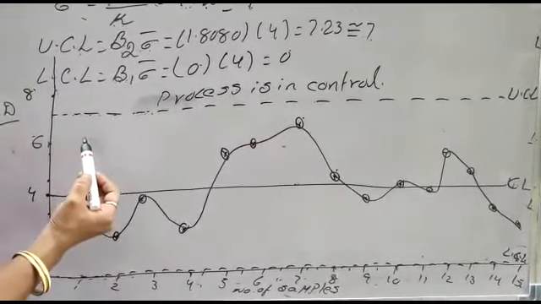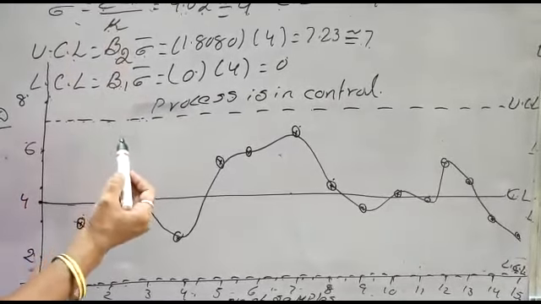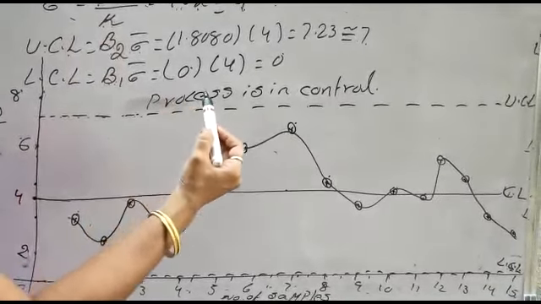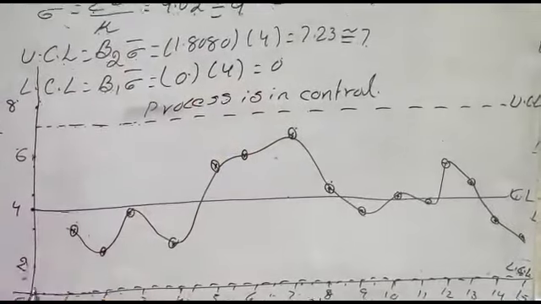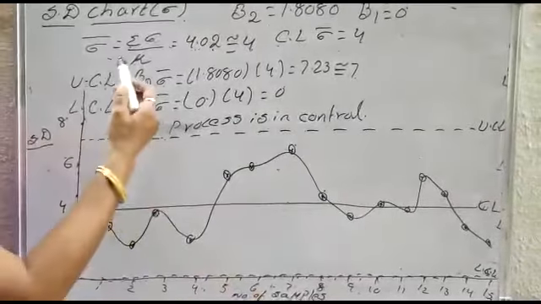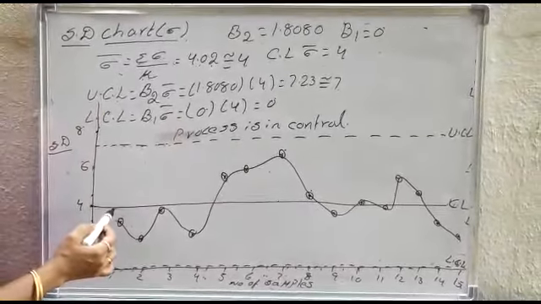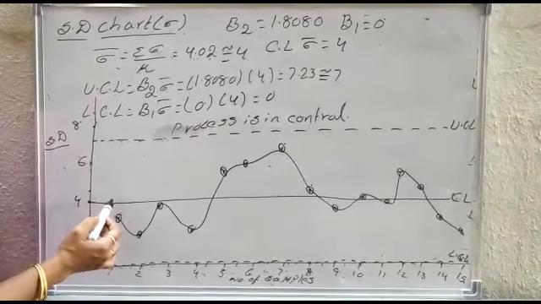The mean chart shows the average quality is in control. The standard deviation chart shows the dispersion or variability of the product is also in control. Therefore, there is no problem, and you can continue the manufacturing process to prepare the product. This is the brief description regarding the mean chart and standard deviation chart. Therefore, in the next video,